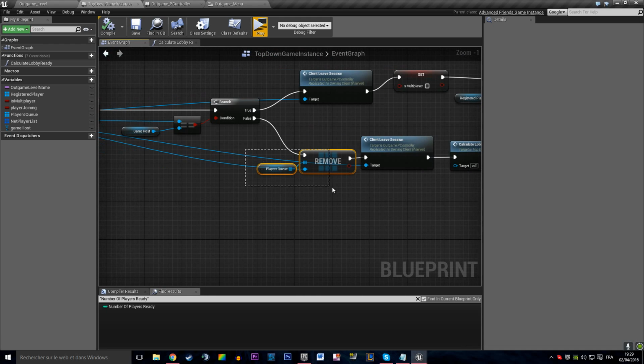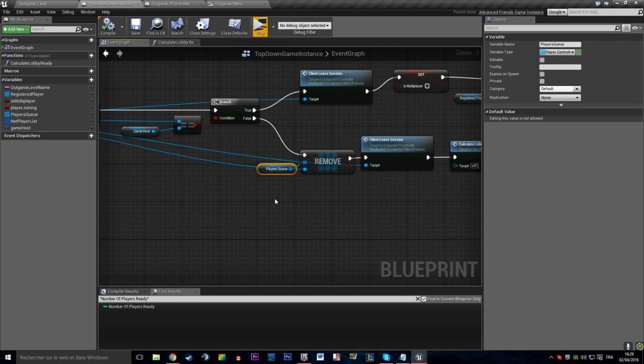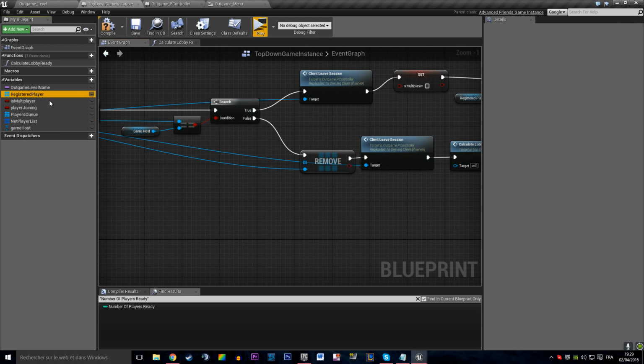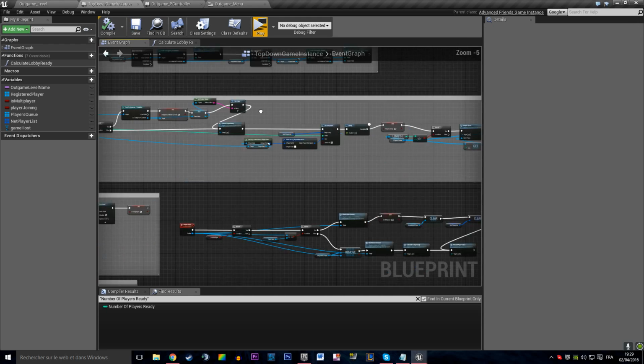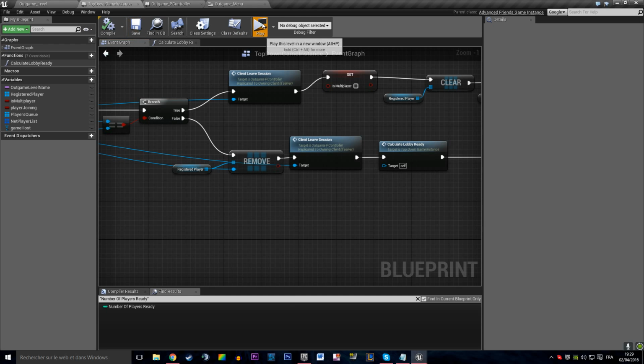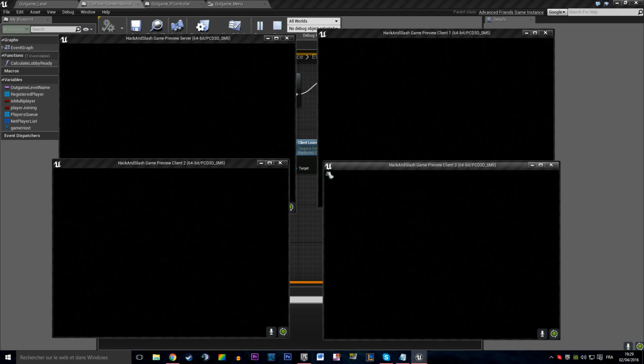Because we're removing it from the player queue actually, so we want that. We want the registered player. We want to remove it from the registered player, but that might not do the trick. Well, yes, that should. That was the bug, I believe. So if we try that again,